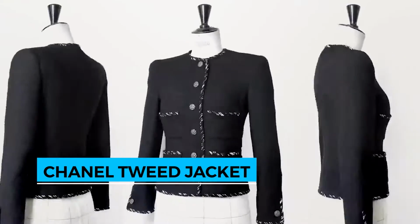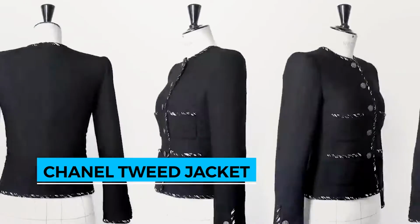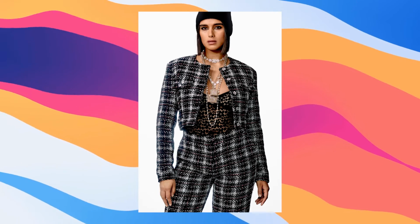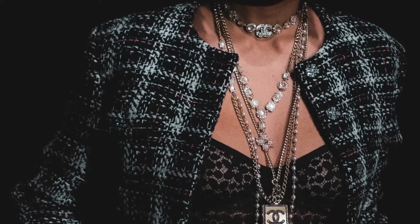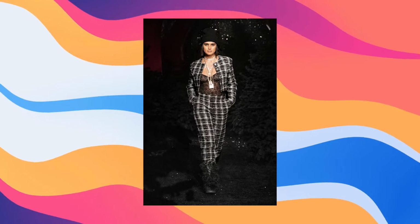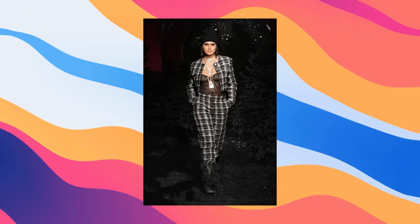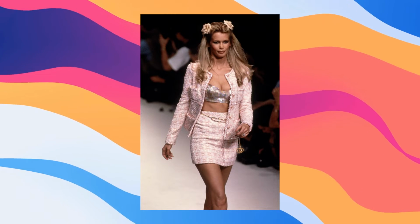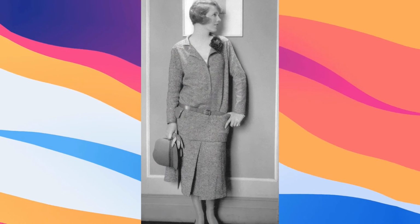Chanel tweed jacket. If you're looking for one of the most famous pieces of fashion of all time to invest in, the Chanel tweed jacket should definitely be flirting with the top of your priority list. The Chanel jacket has been a go-to investment option for women looking to add to their designer investments since its debut in 1950. This timeless classic is also being marketed to men due to its unisex design and amazing quality and durability. This jacket's not only amazing to look at and amazing to touch, it's one of fashion's most recognizable